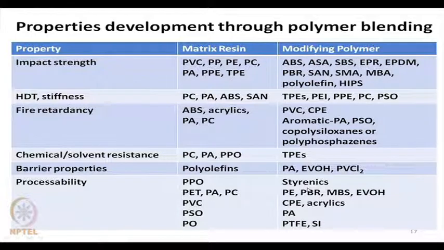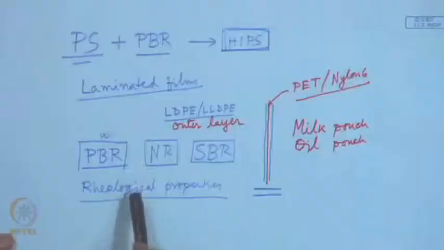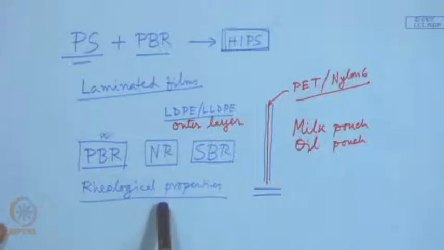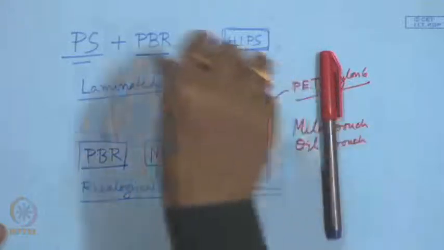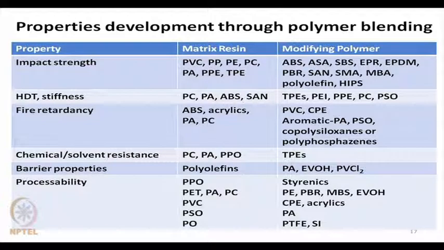I mean, say it becomes very difficult to mechanically mix two component polymers due to their very high viscosity or their degradability, then a second polymer can help to develop good processability, that means viscosity or flow characteristics during extrusion or injection molding or